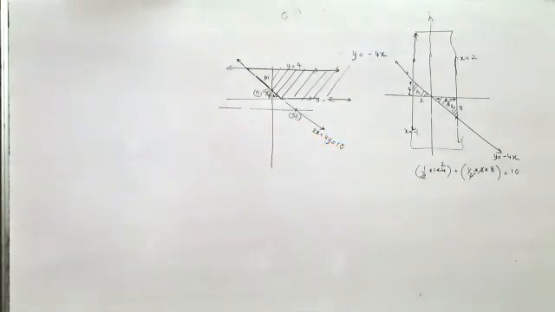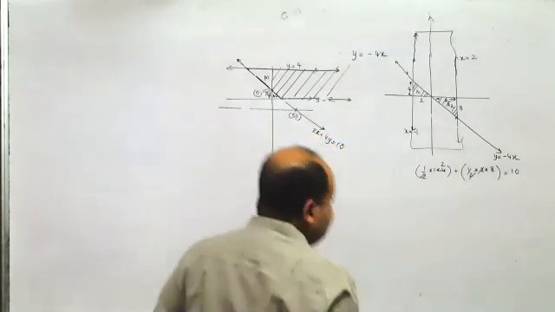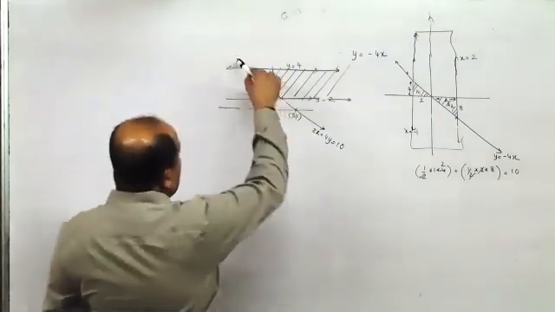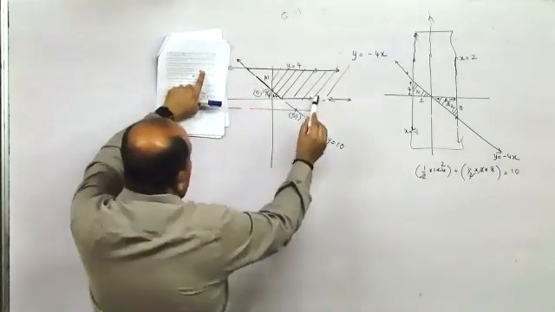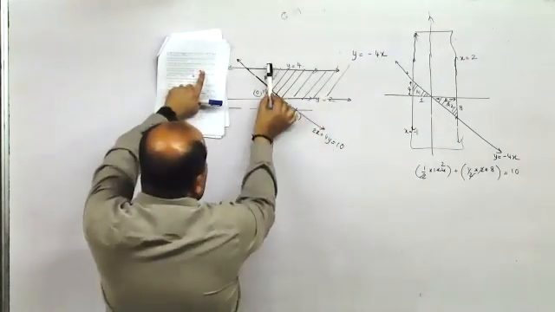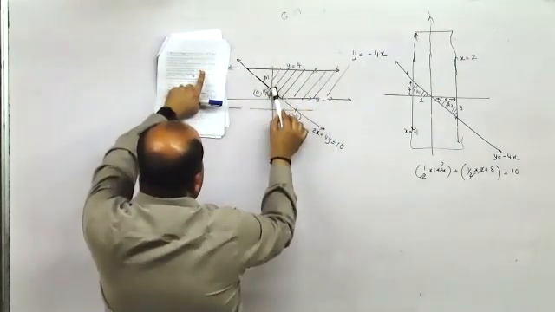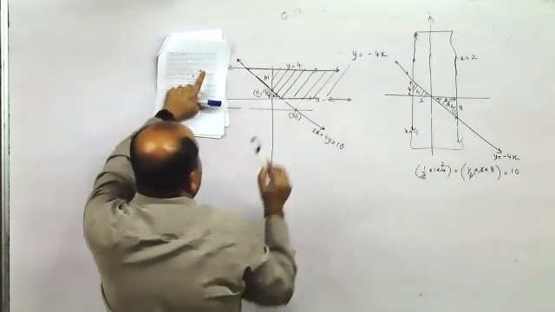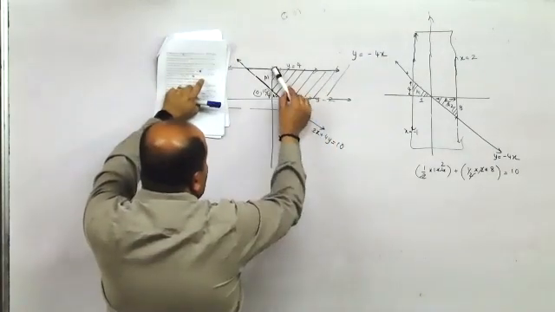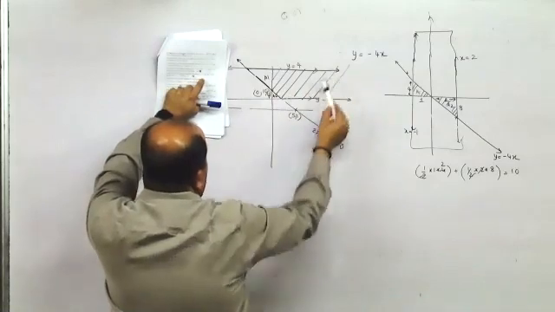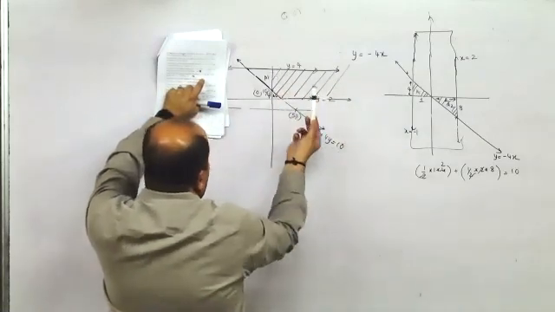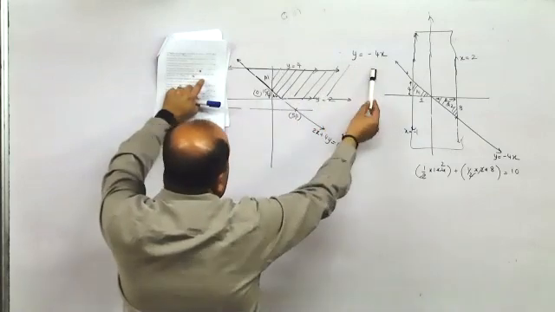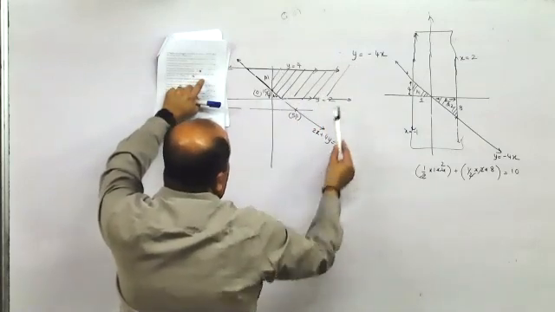Then they had asked you to find the area between 2x plus 4y equal to 10, y equal to 2, y equal to 4, and the y-axis. So it should have been this area. In that case, the question itself would have been wrong, because here it is difficult to find this particular area. You'll have to find this area and subtract this triangle, but that is not possible because this extends till infinity.